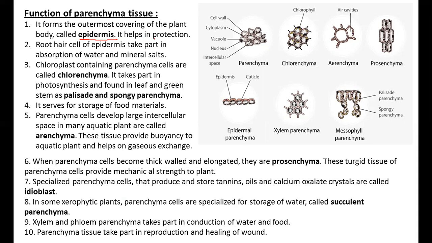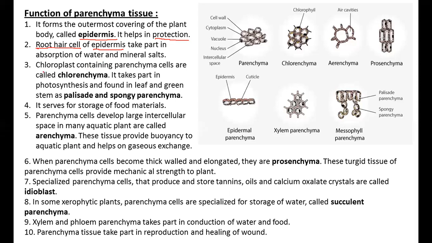And this epidermis helps the plant in protection. The second thing is that in the root, root hair cells are produced from the epidermis. Root hair is actually an extrusion of the cell. It is not a separate organelle or separate part. It is actually the extension of the cells present in the root. The root hair is produced from that epidermis. So besides protection, the parenchyma present in the epidermis also performs the function of absorption of water and mineral salt.